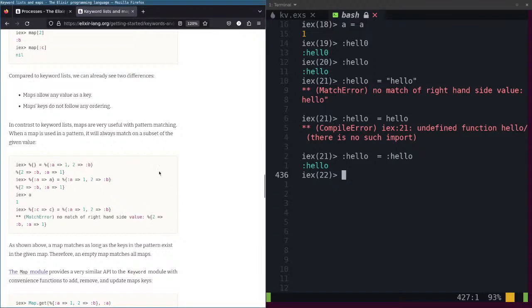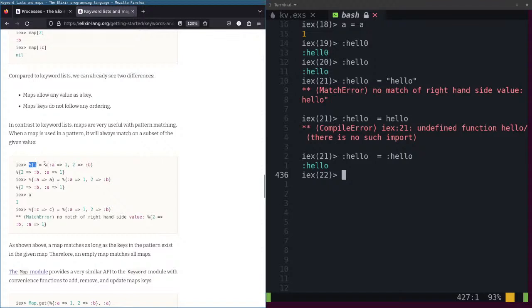Okay, pattern. It will always match on the subset of the given value. When the map is used in a pattern, it always matches on the subset of the given value. Okay.